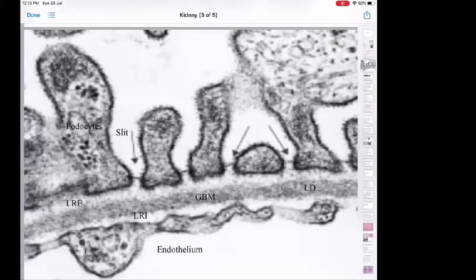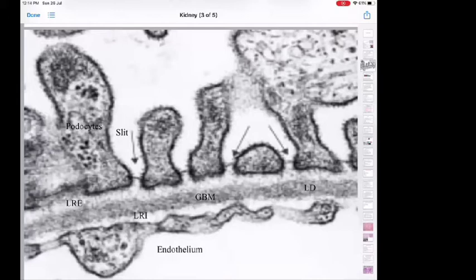In between these two foot processes, there is a slit, and if this slit is wide and open, then normally the fluid is filtrate, which size is less than 4 angstrom. Okay, angstrom is 10 to the power minus 10. But if this slit is widened, then larger molecules like proteins can be filtered. So in proteinuria, like in nephrotic syndrome, this slit is widened. And in other diseases also, nephritic syndrome and other diseases also.